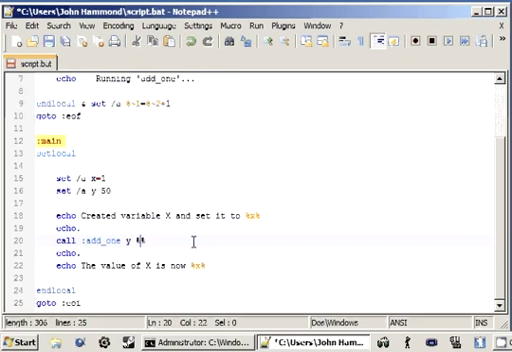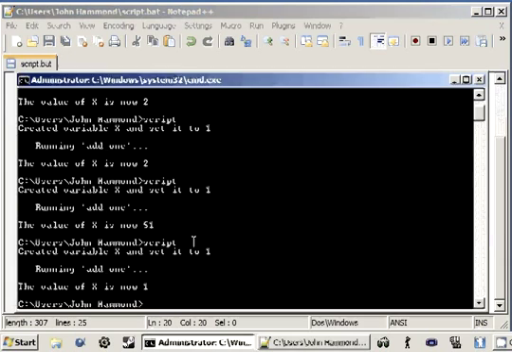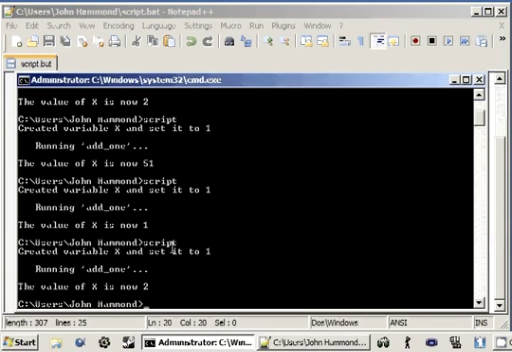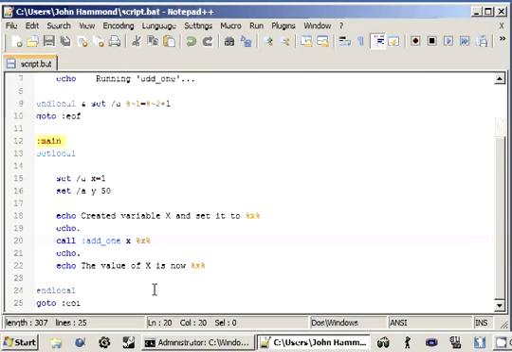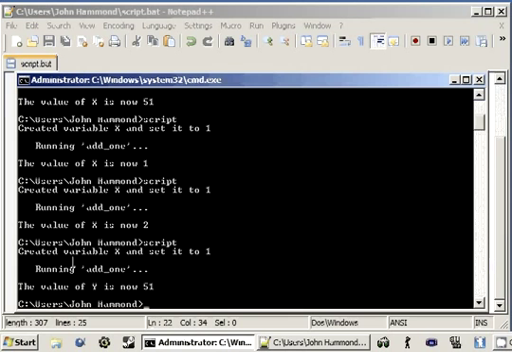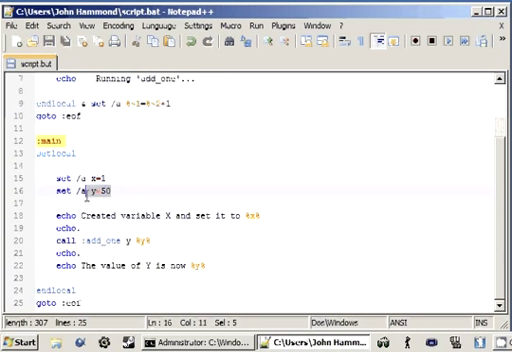But if we actually passed x in, if we pass in x, created variable x and set it to 1, running add 1, the value of x is now 2. Okay, that works. That does what we want. How about if we change it to y and we look at the value of y instead? Y is now created x and set it to 1, running add 1, the value of y is now 51. And remember, y was 50 to begin with, so we have successfully added 1 to y,